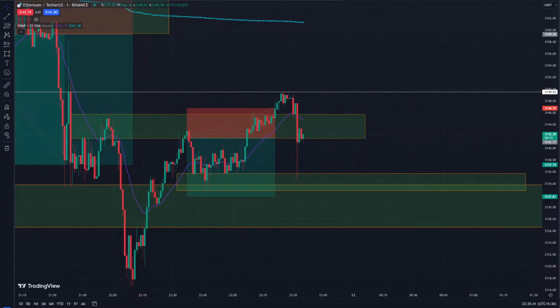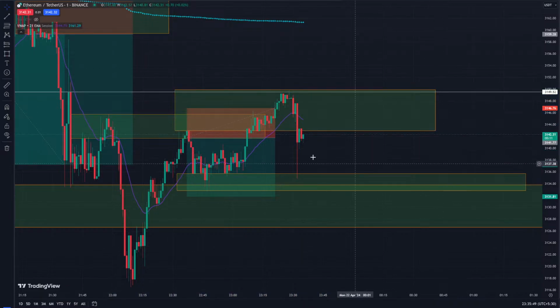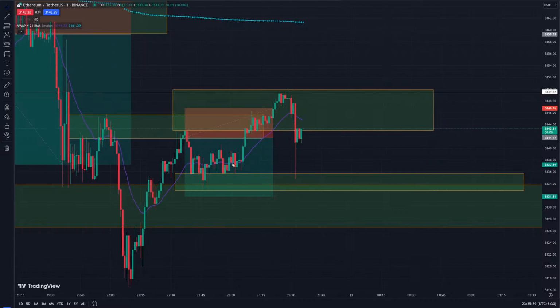If we draw a line right here, this is a supply zone. If price comes down and touches this area, price might go down. Now the thing is, if I were you, I wouldn't trade a downside move from here,